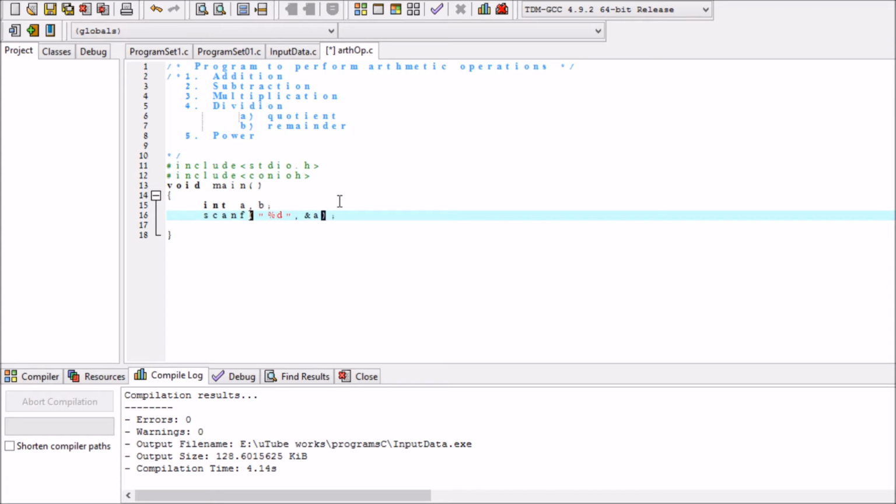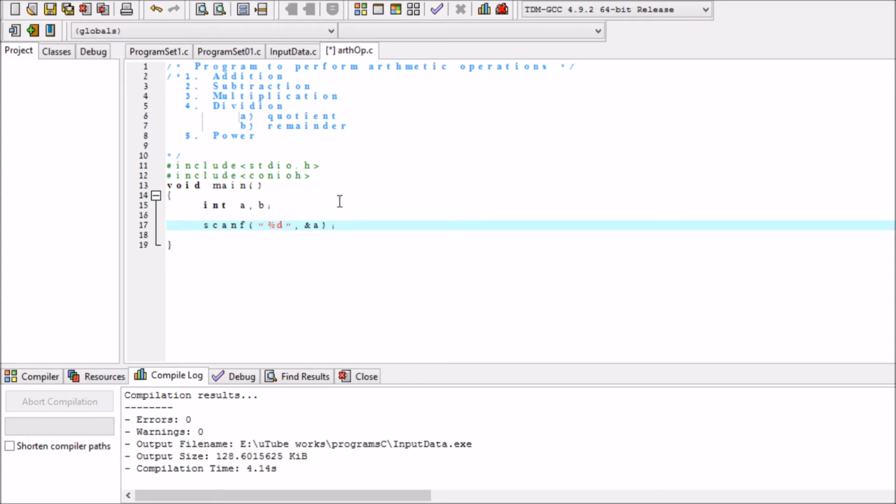Before the scanf I need a printf statement, for making the programmer understand that he has to input a value. So I'm just using the tab and the new line